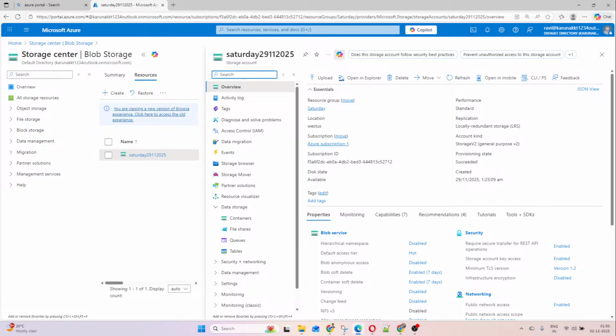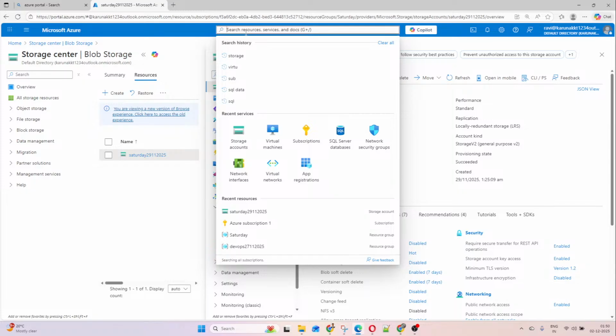Now come to Azure regions and availability zones. Now let's understand regions and zones. Azure is available all over the world, and each physical location is called a region. And now you can see, if I click on,